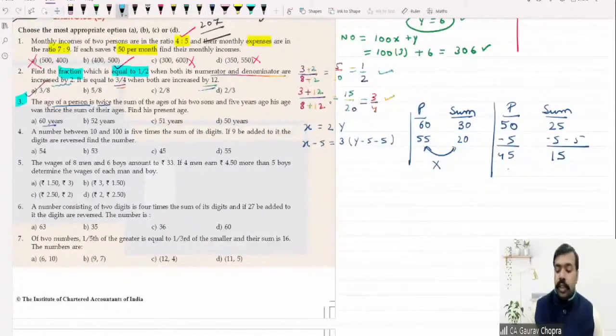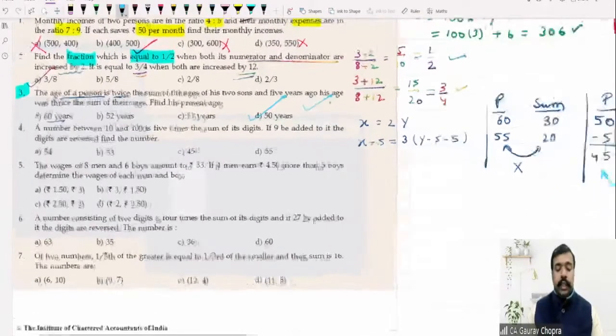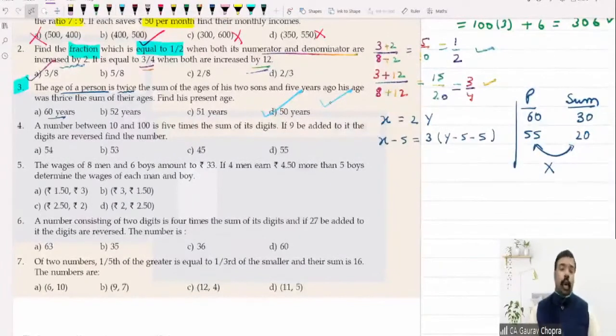Now we can check the relation. The relation is 3 times. Yes, now the relation is 3 times. So since it is 3 times, the second condition is also getting satisfied. Hence option D is correct. So we have done this with the help of options, or you can solve this with the help of equations as well. Both methods are available. You can do it by either method.